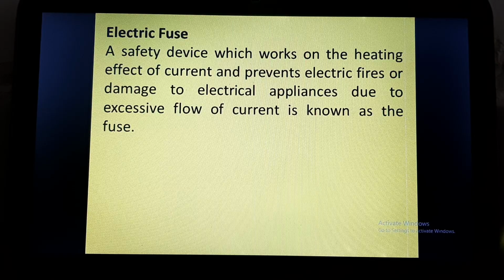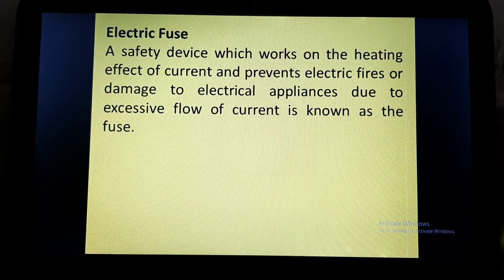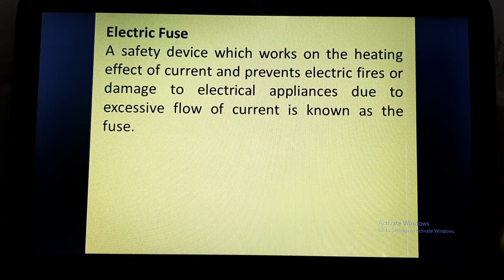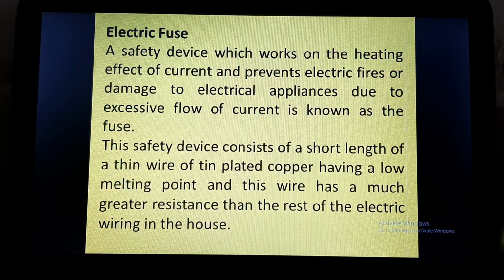At your main switchboard, an electric fuse is provided. This fuse has a thin and short wire. So whenever more voltage or more electric current is passed, this wire heats up and melts, and when it melts it breaks down. Since it breaks down, the circuit is not complete, that means the circuit is open or broken. So now the current will not pass through to other devices,